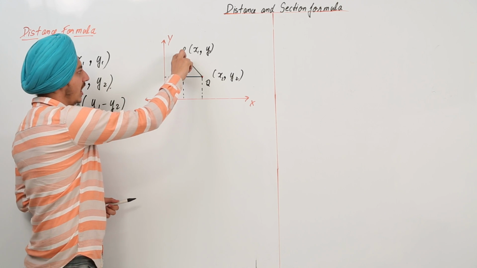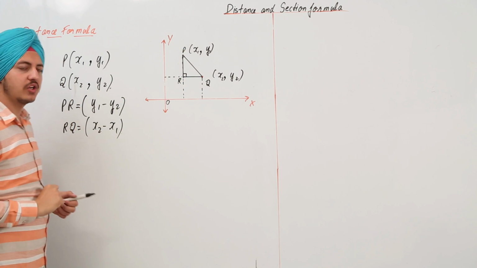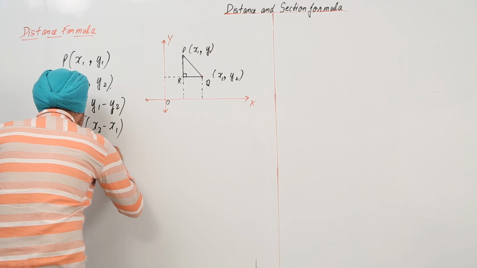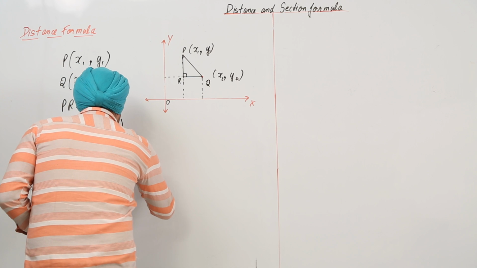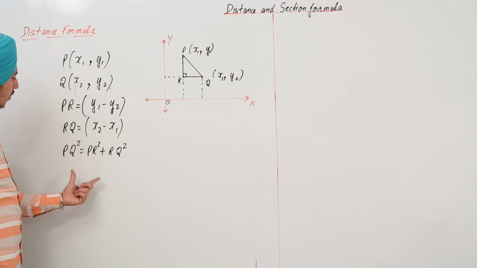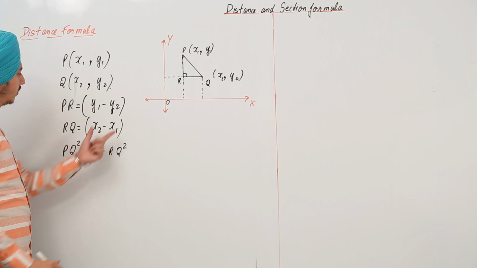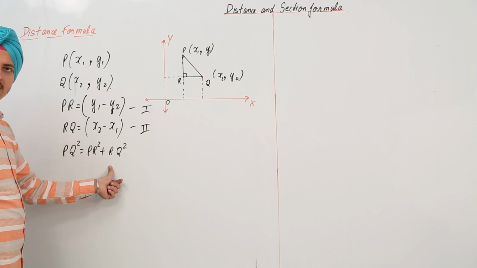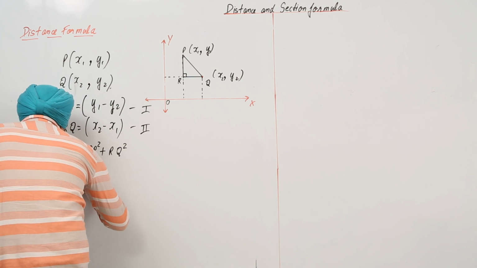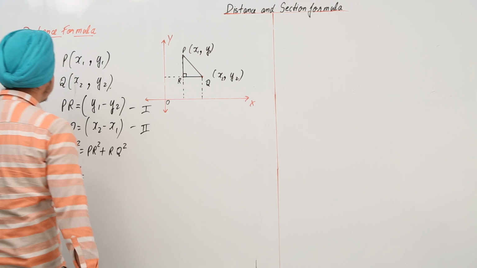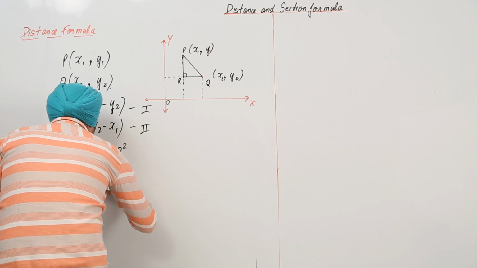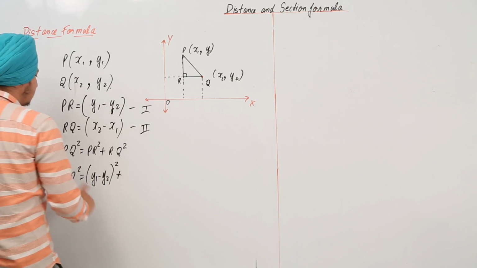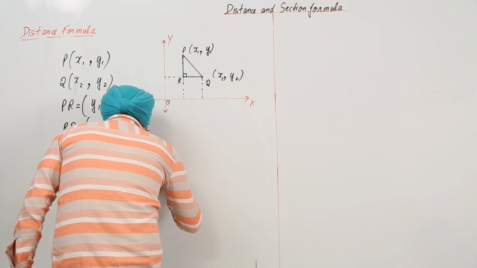Now we know the distances PR and RQ. Now applying Pythagoras theorem, we have PQ square is equal to PR square plus RQ square. Am I right? We just substitute from 1 and 2, the values of RQ and PR, right? So we get PQ square is equal to PR, which is (y1 minus y2) whole square, plus RQ, which is (x2 minus x1)